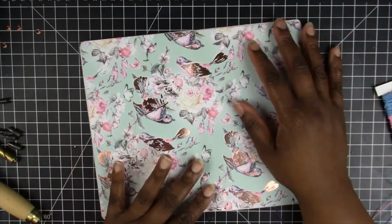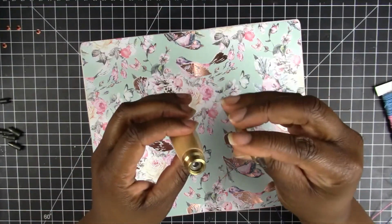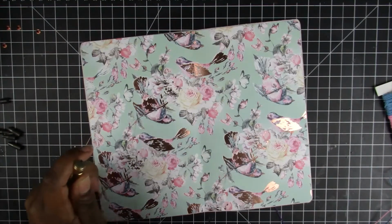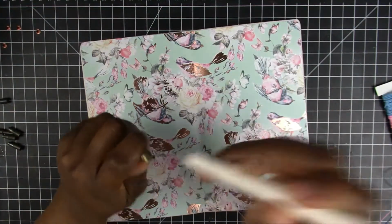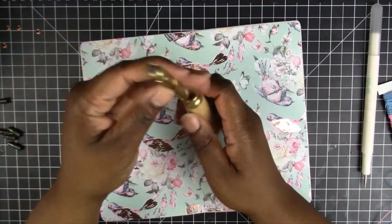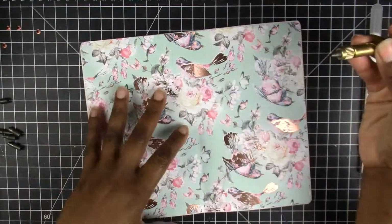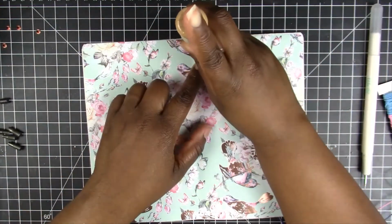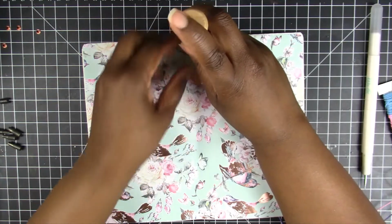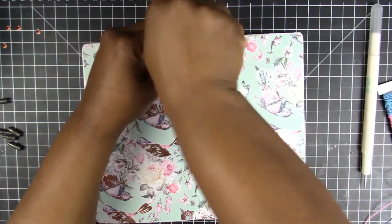And so we're gonna go ahead and punch the holes, and I'm using this little tool that I share with you guys. And let's see, I think I still have paper in there from when I last punched. Okay, so it's already got the tip that I'm going to use on there, so I just load it up and position it directly over where I want to punch. Push down,